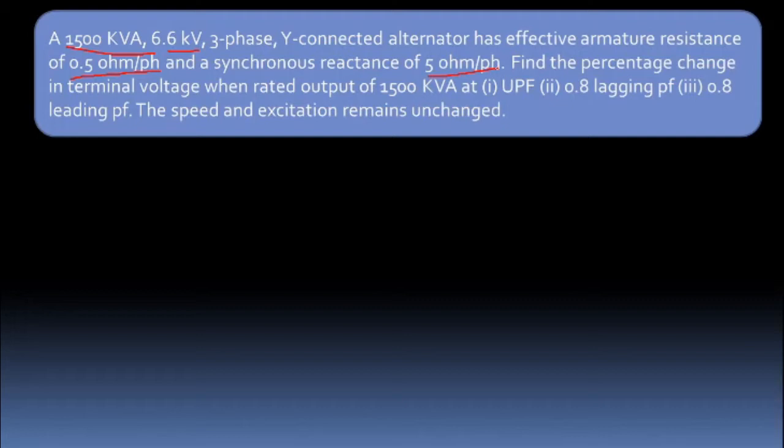Before applying the equation of voltage regulation, you must know the current and per phase voltage. So that is what we are going to calculate. The very first thing is to get the value of current. To get the value of current, what we have is the kVA rating. Now what is kVA? kVA is nothing but root 3 VL IL, because this is a three phase system.